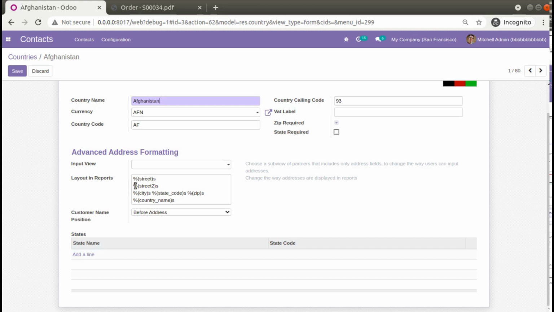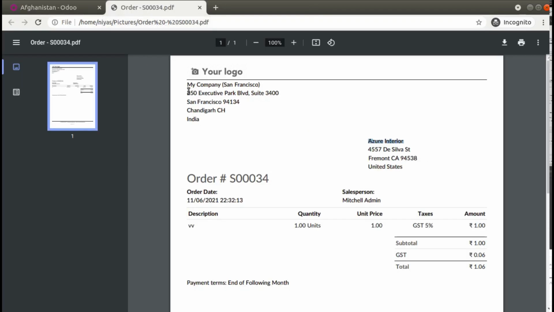Here you can see you have street, street 2, city, state code, zip, and then country name. Going back to our example, this is an Indian address. Suppose we don't need to display the state and state code in an Indian address.